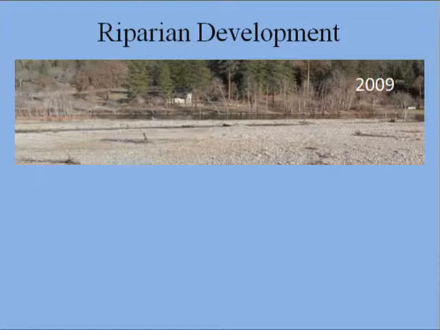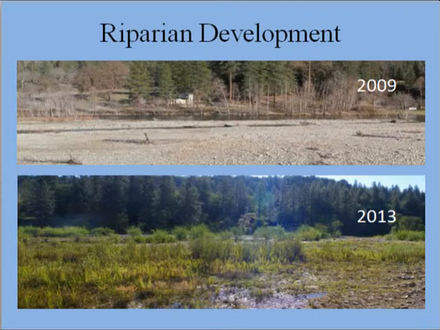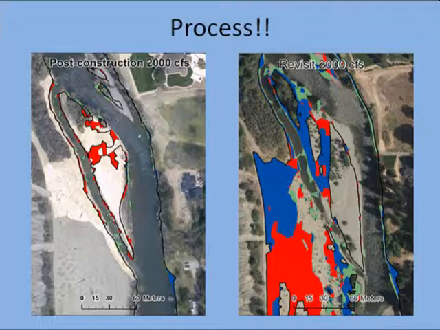So the other part of the story, we now know, okay, we got water moving out onto this floodplain. Here's what it looked like immediately after construction, pretty barren in 2009. And there's the 2013 conditions, and that's mostly all natural revegetation we're seeing there. We do a lot of planting at our sites, but what we're looking at here is mostly natural revegetation of grasses and young willows. And you can just imagine when the water inundates all that, we have some pretty nice habitat.